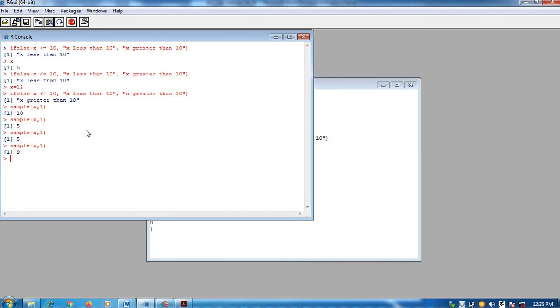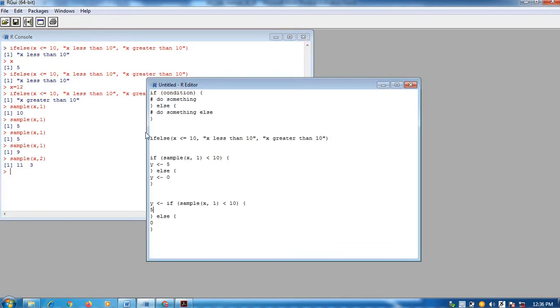If I write 2 here, now you will be getting 2 samples. I hope you have understood. So the sample function is giving you some random value, and how many random values you want, that count is to be specified here.